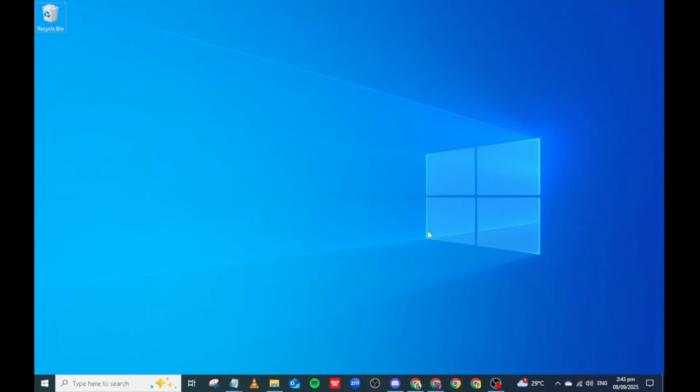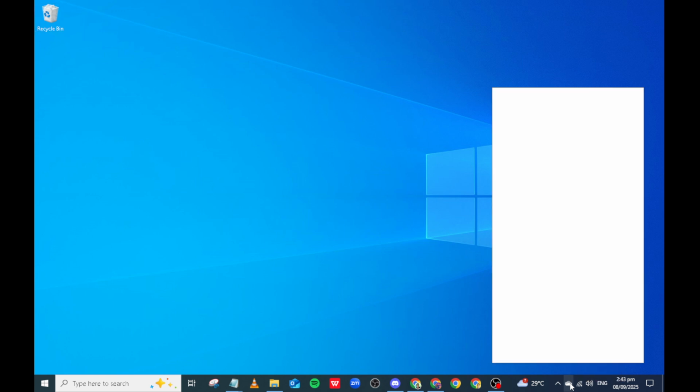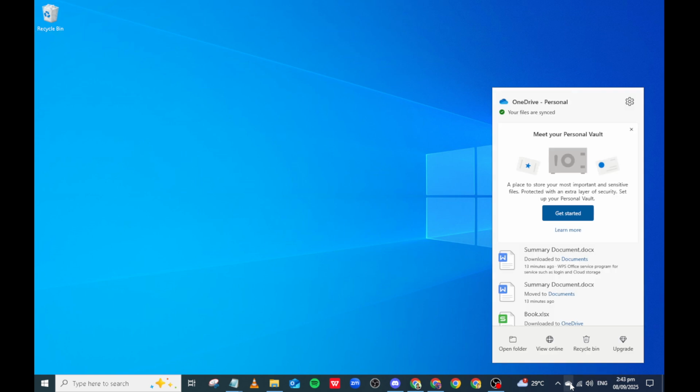Let's dive in. First, let's head to your system tray, which is typically located on the bottom right corner of your screen next to the clock. You're looking for the OneDrive icon. It'll appear as a little cloud, either in blue or white. Go ahead and click on that icon. This will open a small window that provides you with a bit of insight into what OneDrive is currently doing